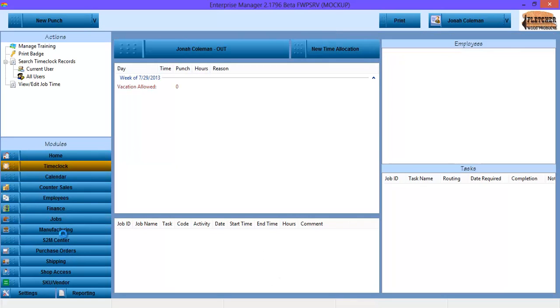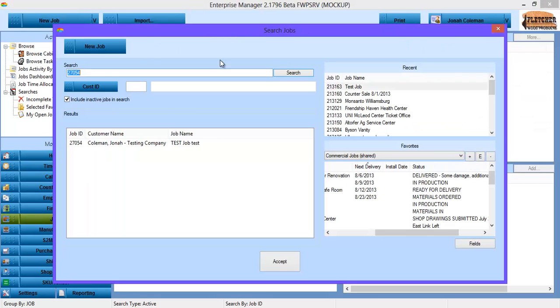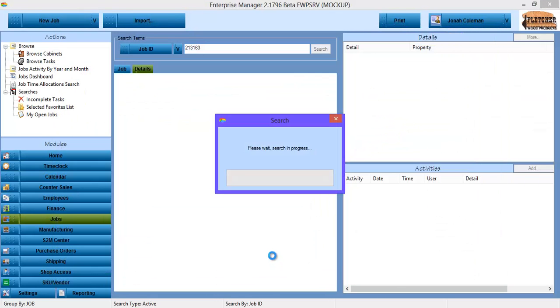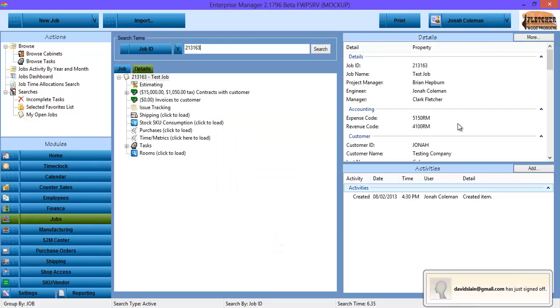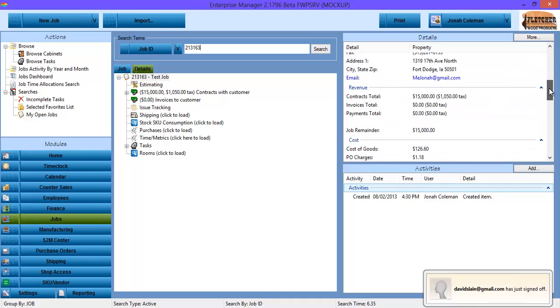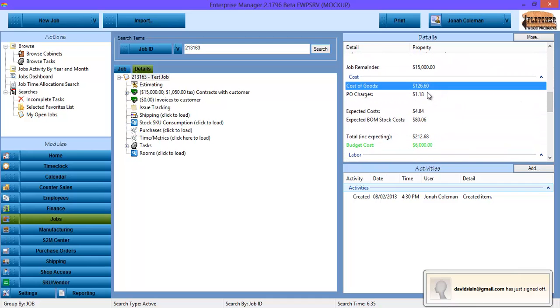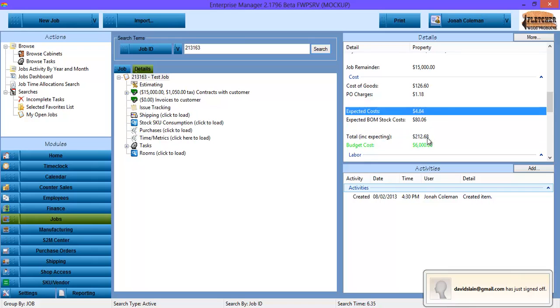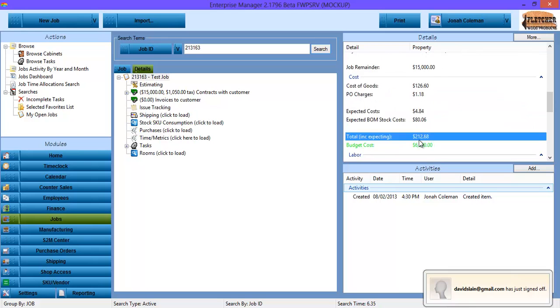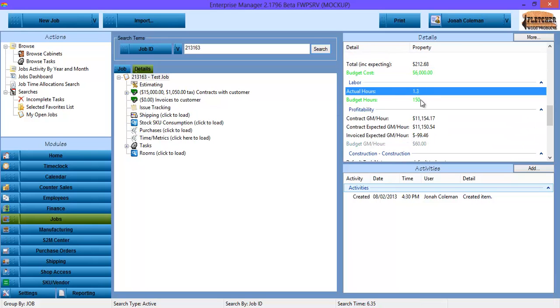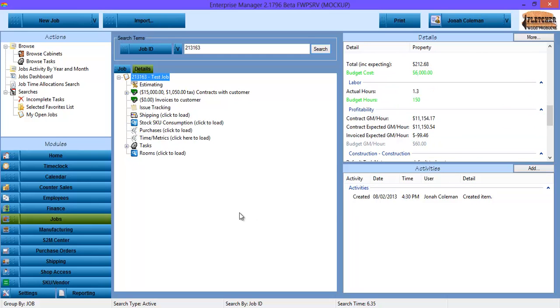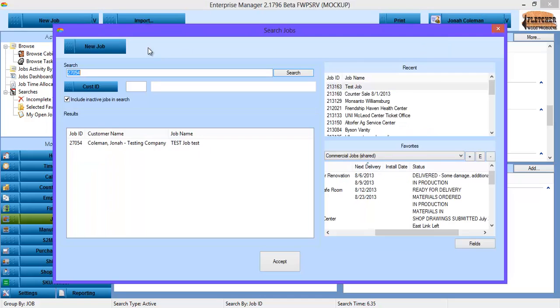We have job costing. If I go back to the jobs module, pull up this test job we've been playing with. You can scroll down, we can see because we've completed stuff, we've ordered stuff, we're applying that there. We're also applying hours. We can compare actual versus budget. We can do profitability. If I pull up a real job,